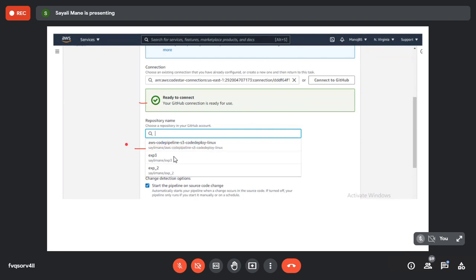Okay. So those who are not getting it, please go to the respective GitHub account and respective repository and click on the fork button. Click on the fork button properly. So you should get it.